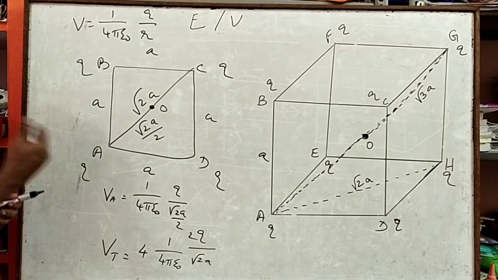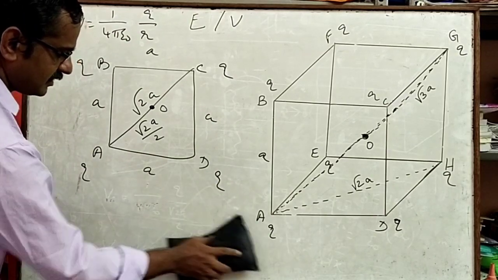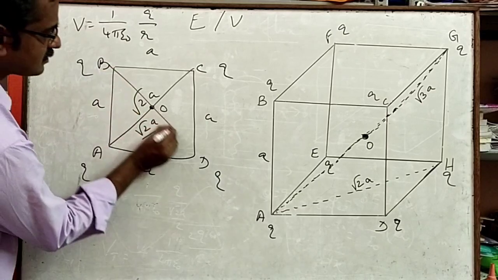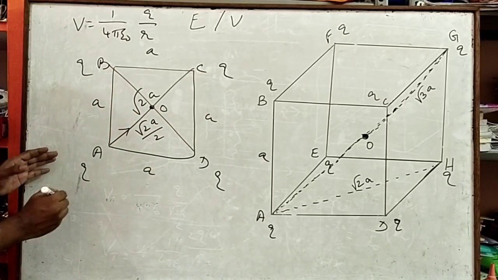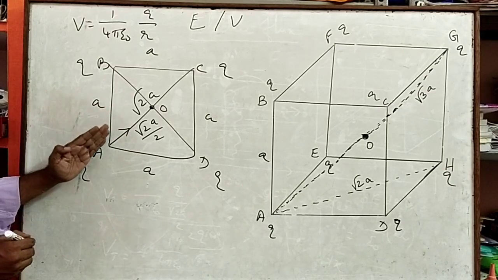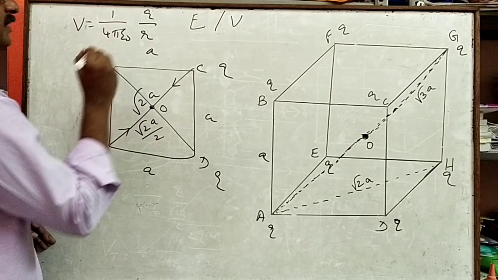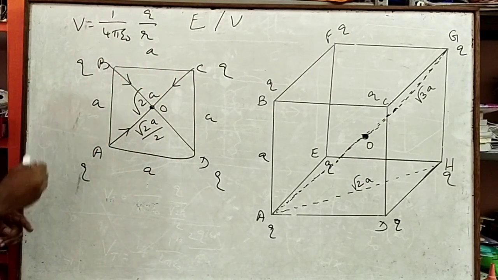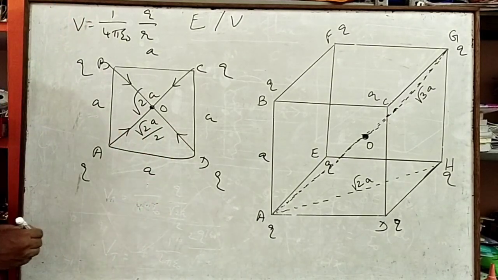If you want to calculate the electric field at that point, this is a positive charge. Therefore, the electric field will be acting along this direction. Force lines will start at positive. This is also positive, therefore the electric field will be acting along this direction. The same holds for the other two charges.